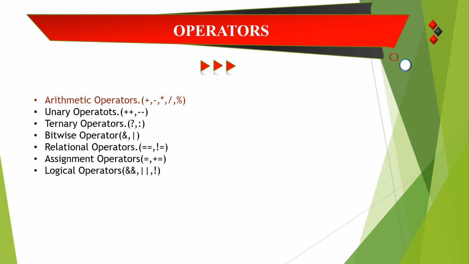Okay. So with this, we have completed the logical operators, assignment operators, relational operators, bitwise operators, and unary operators. And we have done the arithmetic operators in the previous video. So in the next video, first we are going to talk about some loops, that is if, simple if else, and something like that. And after that, we are going to cover ternary operators, because if we don't cover the if else loop, you will not understand the ternary operators. So for this video, that's it.